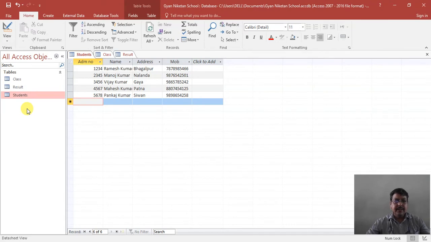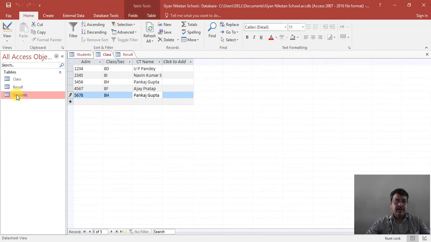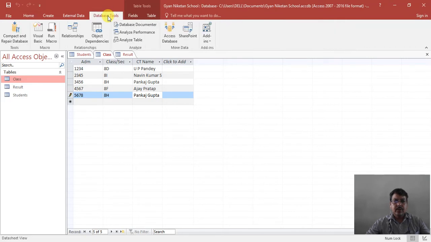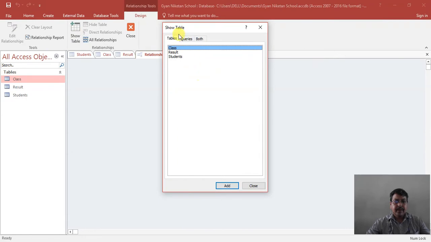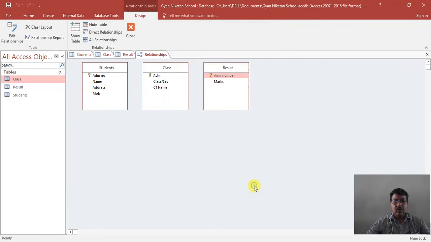After entering the data in each and every table, you can create a relationship between the tables by clicking on database tool. Then click on relationship, select each table and click on the add button: class, click on add, result, click on add button, and then click on close.